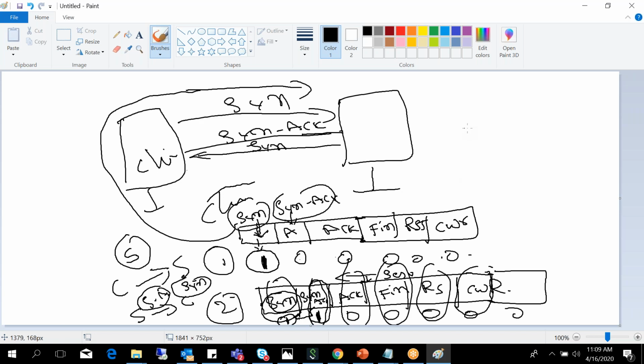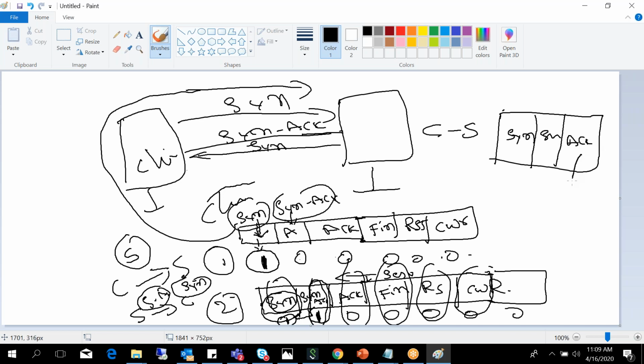The third packet is from client to server. Now how does the packet look? The ACK field is set to 1.